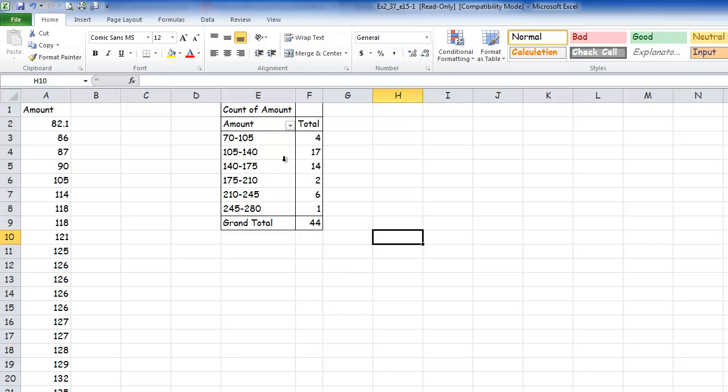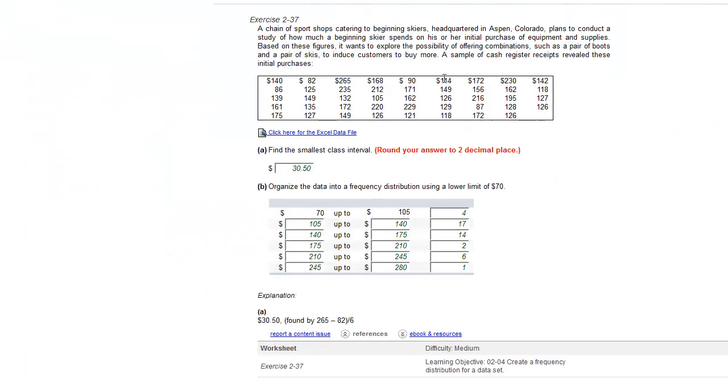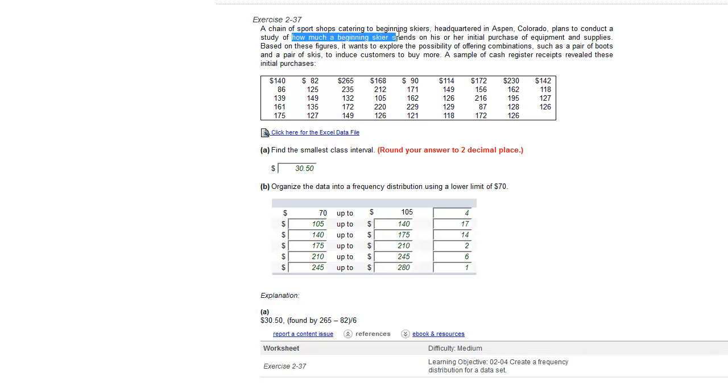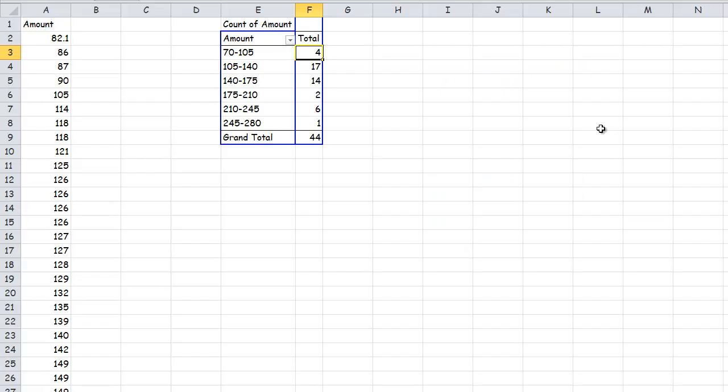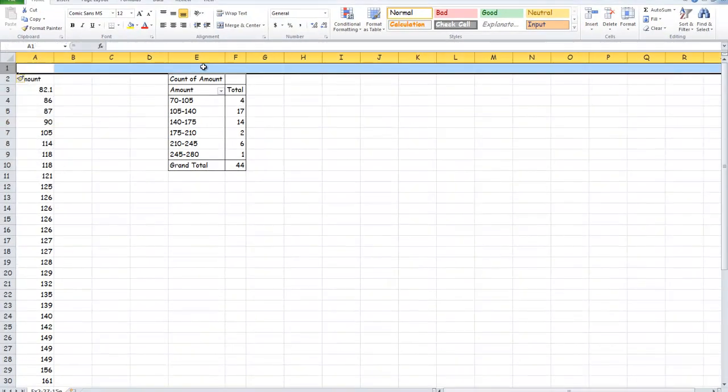Okay, so now I have my frequency table, which basically means if I look at my data, this represents how much a beginning skier spends on his or her initial purchase. So I want to, for example, interpret 14. There are 14 data points, or 14 receipts, that have a value of between $140 and $175. That's the interpretation. Okay, so now I want to create, and I'm going to create a little space here,